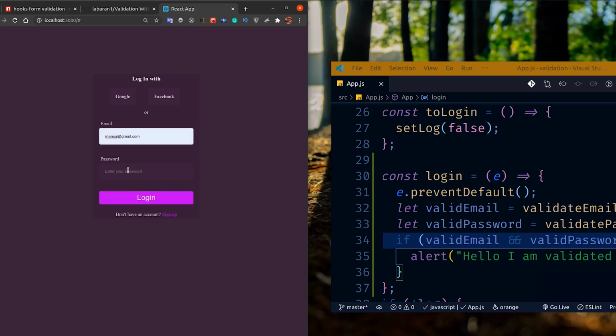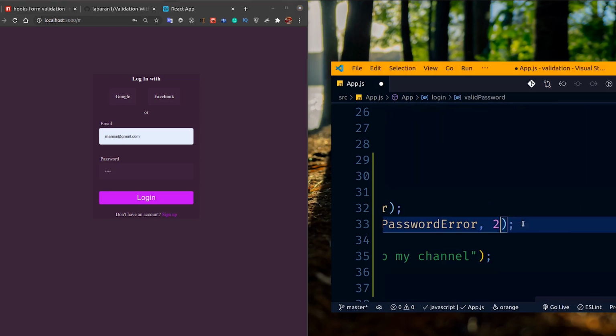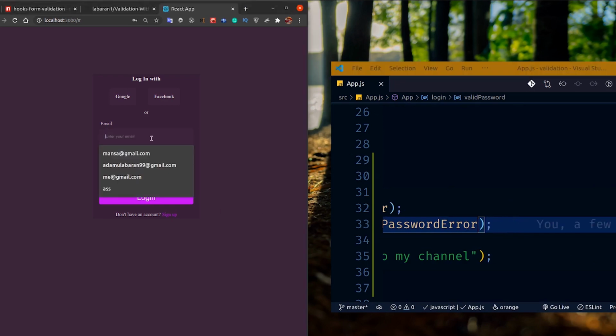123. The password must be less than 4 characters. Okay, password must contain an upper letter. Wait, let me remove the defaults for valid password number. Let me remove it. Okay, mansa@gmail.com, mansa 123, yeah, this is valid. Oh, special